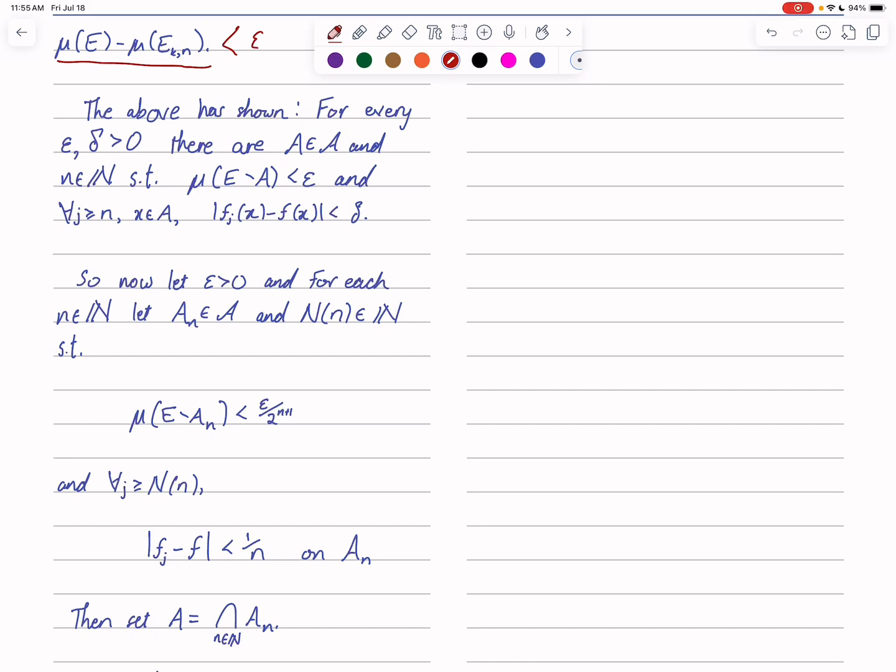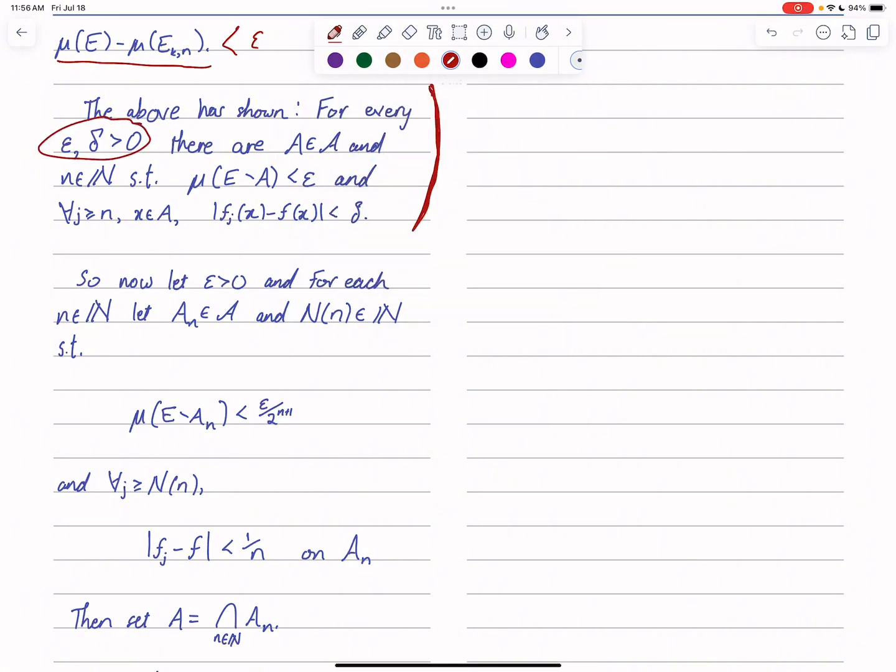So let's summarize what we've just done and see if we can, in some sense, let k go to infinity. That would be what we would hope to do here. And as we let k go to infinity, somehow assemble all those E_k^n's into a single set that has the desired properties. Well, everything up above showed that if you pick any epsilon and any delta,